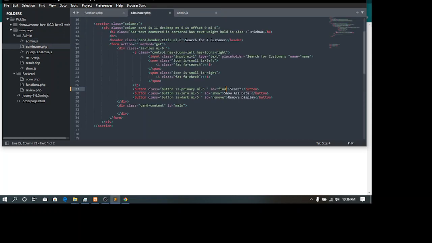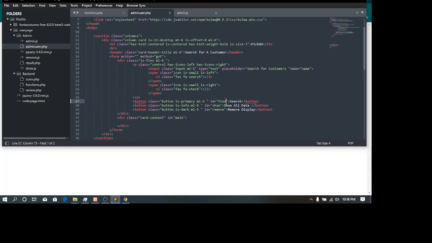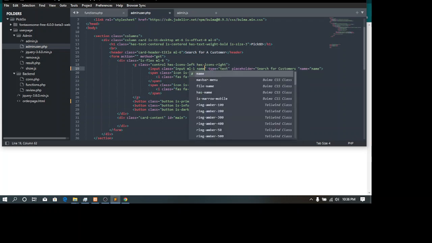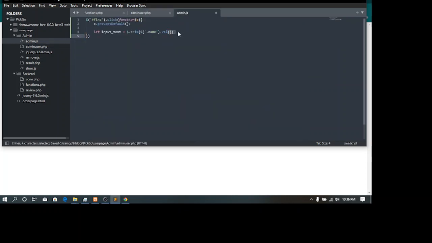Did we give it a name in the input field here? No, we haven't. So we should give it a name. Dot name, like that. What did I do wrong?